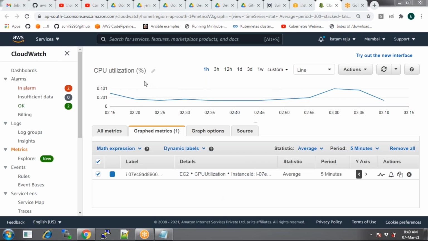And there is your instance CPU utilization, the percentage of how much it is used. So maximum about, what is that? 0.401. And this is the time. So I'm monitoring every 5 minutes, 225, 230, and so on. Monitoring every 5 minutes.